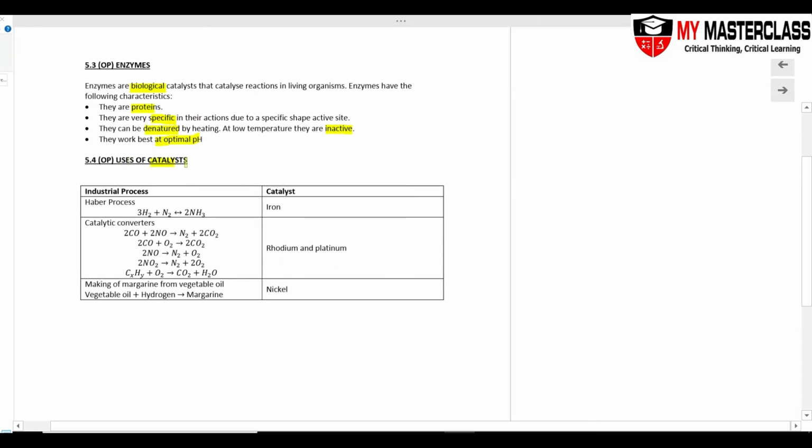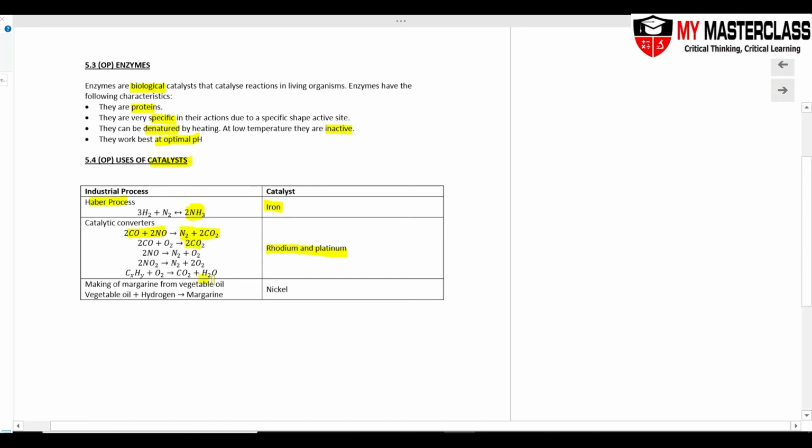Okay, and then uses of catalysts, these reactions we have to know. The Haber process is forming ammonia. We will look at it in one of the chapters. Iron, my transition metal, is the catalyst. Okay, catalytic converters: rhodium and palladium are the catalysts. This one is learned in air and atmosphere, where I convert harmful gases into harmless gases, like commonly existing gases,